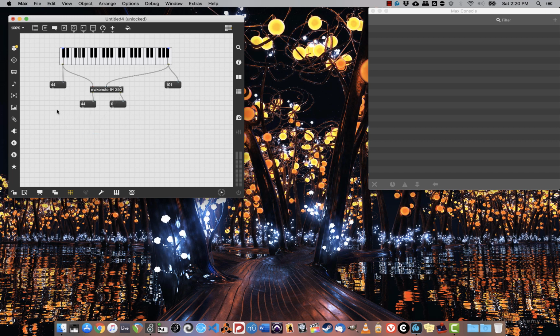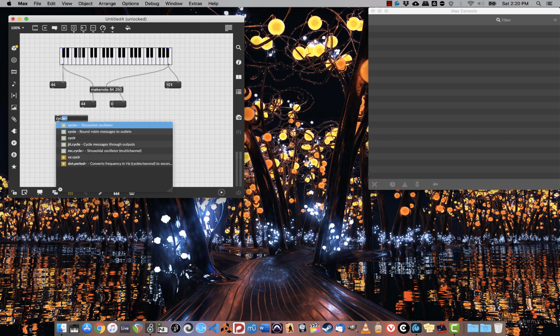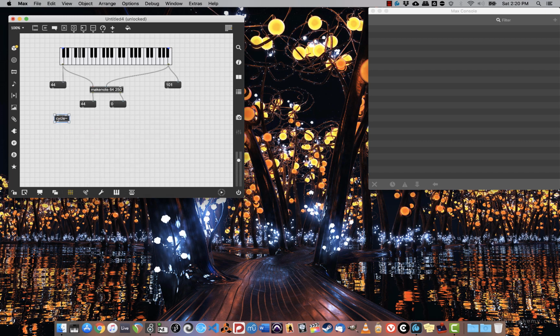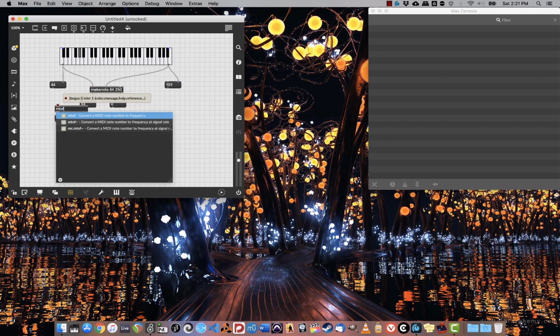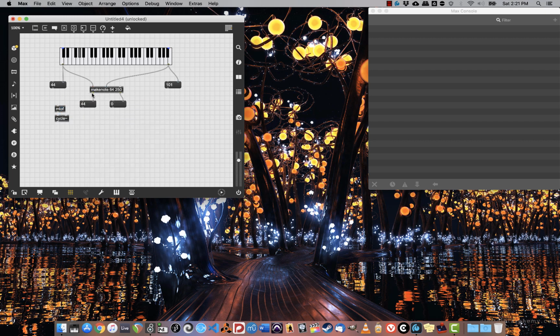What I'm going to do instead is I'm going to create a very, very basic sine wave synthesizer. We already know the cycle object, so let's use that. Cycle, though, takes information in the form of frequency, not MIDI notes, so I have to convert that somehow. Fortunately, there's an object for that. It's called M2F. If I connect the pitch coming out of Makenote to M to F, you can see that what it outputs